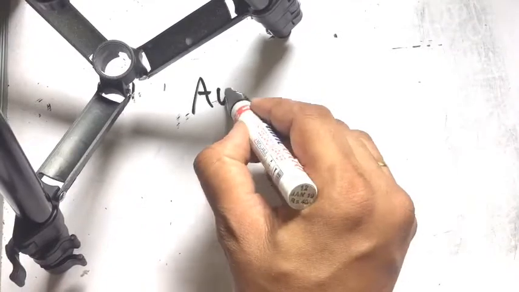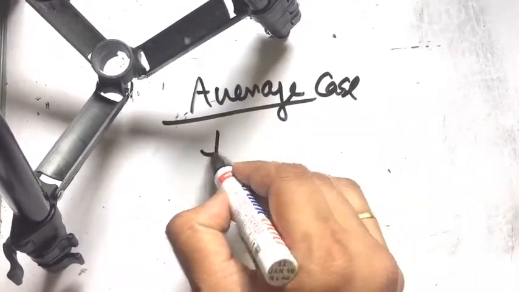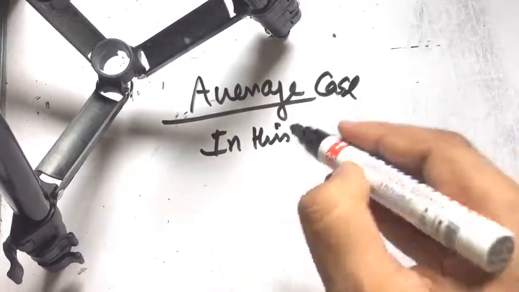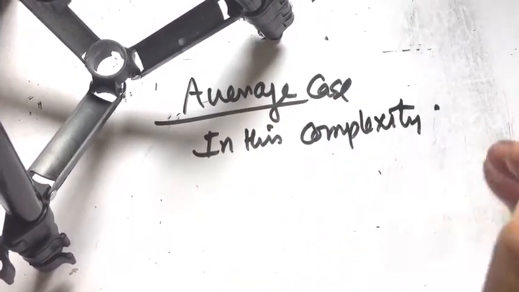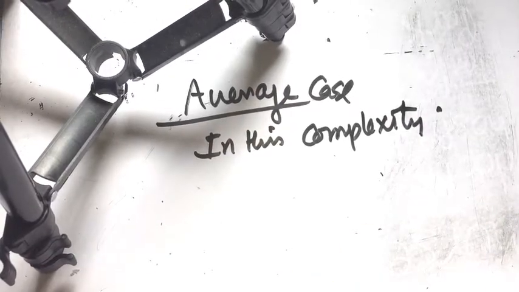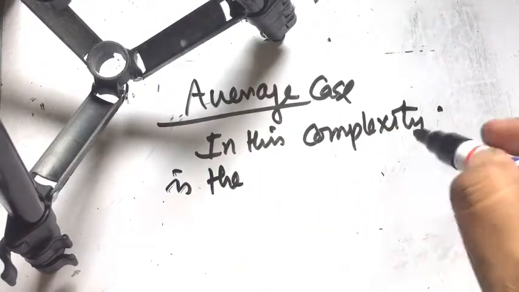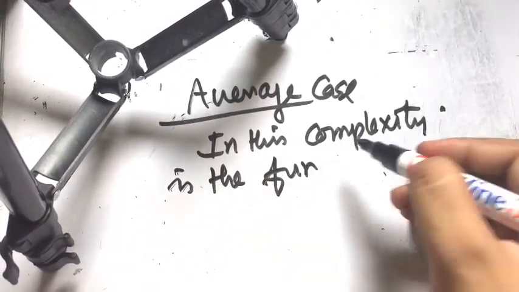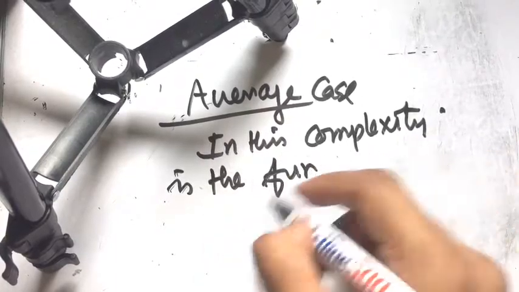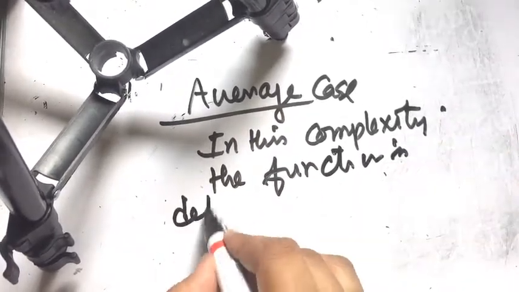Next one is average case. So these are the three cases. Average case. In this complexity, the average number of time is the function. Average case is the complexity, and the function is defined by